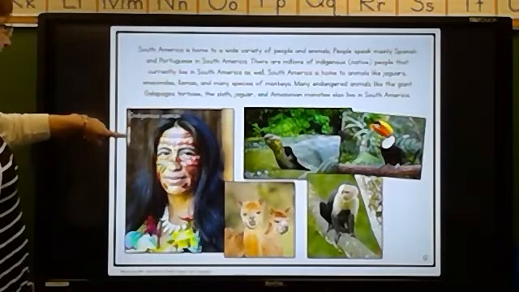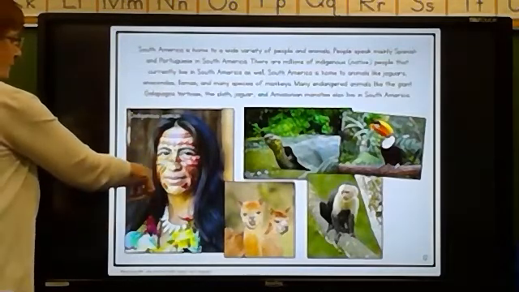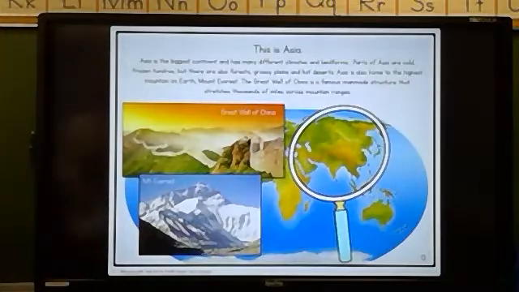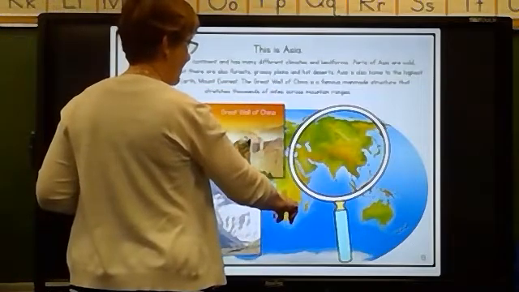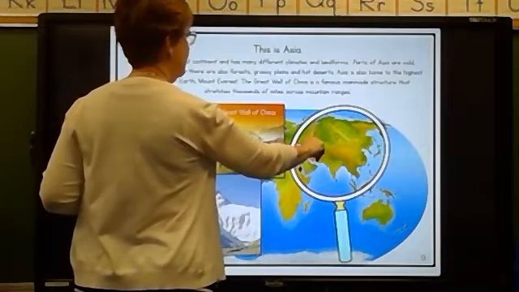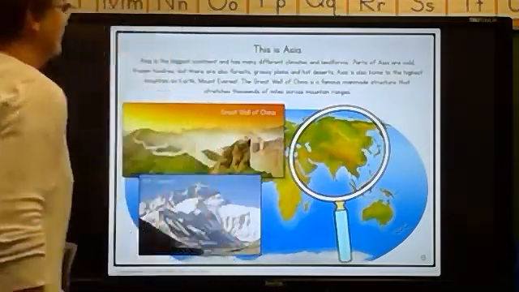And here is an indigenous woman that lives in South America. Pretty colorful paint on her face. Now, this is Asia. So again, here's my friend Africa. Above my friend Africa is Europe. And then to the right of Europe is Asia. Okay,